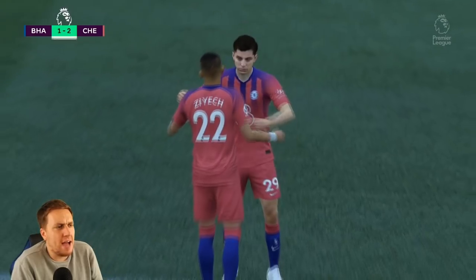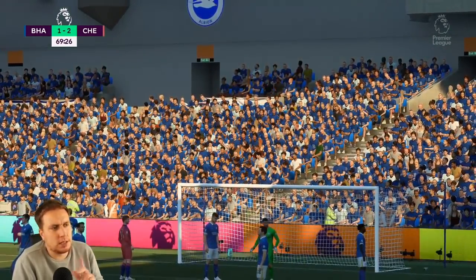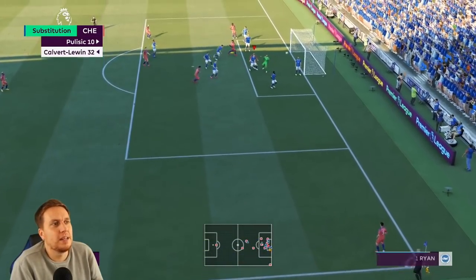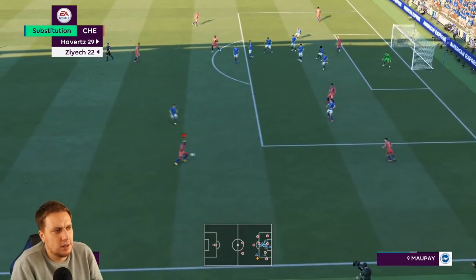Right, double change. Kai Havertz coming off, replaced by Hakim Ziyech. Not a bad substitution to make, is it? Pulisic has also come off. He's been replaced by Calvert-Lewin as we push Timo out wide on the left. I don't want to take Timo off just in case Brighton do get themselves